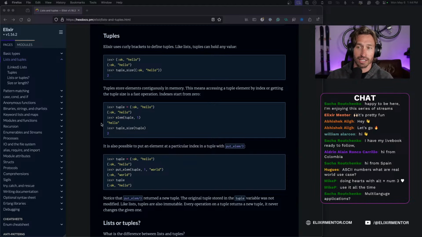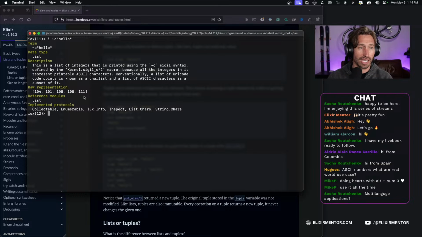So you'll see an OK atom to let you know that it was successful, or you might see an error atom as well. And this also helps with pattern matching. So when you get your expected return value, you can pattern match to the OK atom or an error atom as well. So tuple is a very helpful